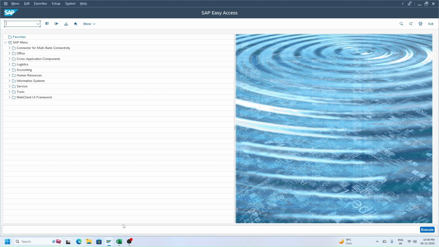Today we will learn the hands-on part of financial accounting configuration or settings. So let's start step by step. The first is define variants for open posting period. The T code is OBBO and path is SPRO,